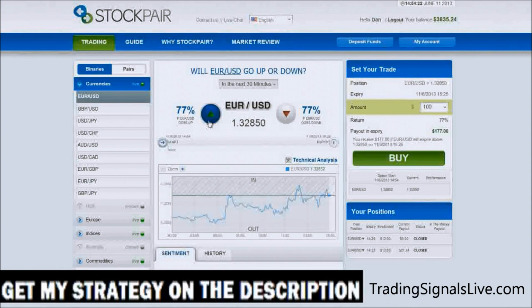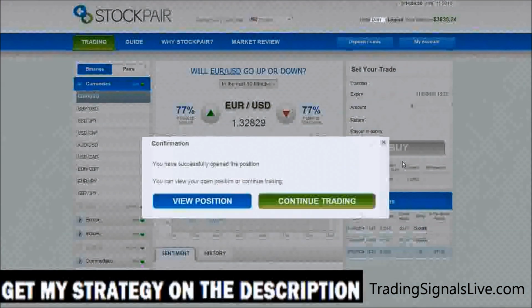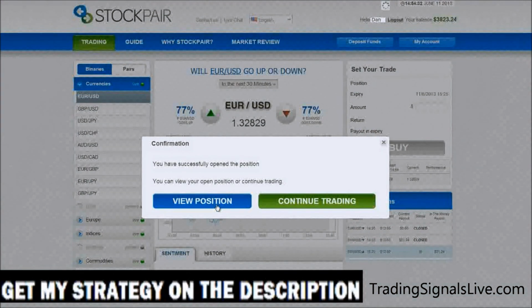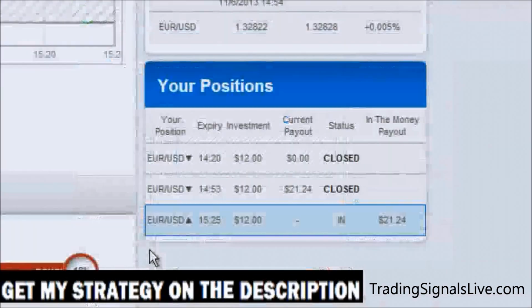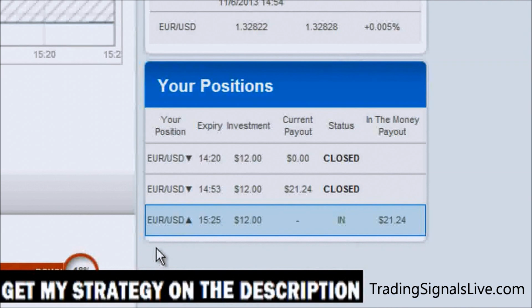We'll click Buy. We'll click View Position. And we're on. We're trading. Again, down here, we'll see all the information regarding the current trade. Now, if I win this trade, I'll simply go back to step 1 and 2 again and continue making these small $9.24 profits. And these are going to add up to a nice amount of money as long as I